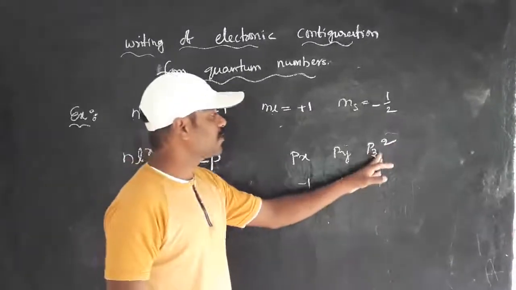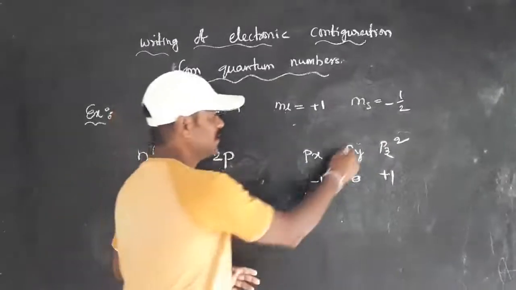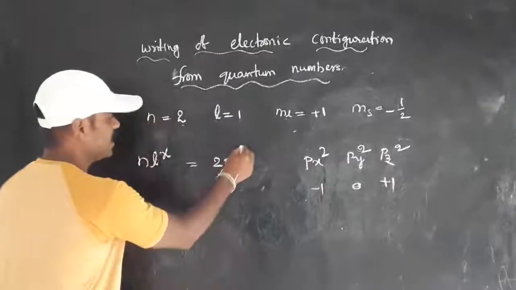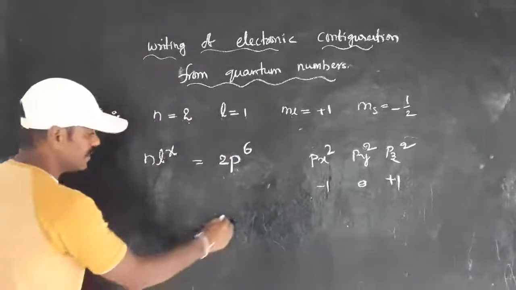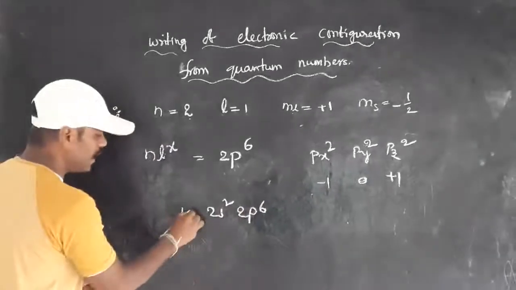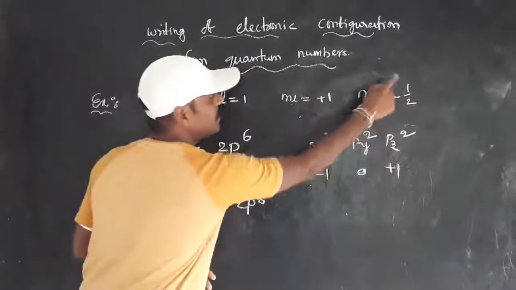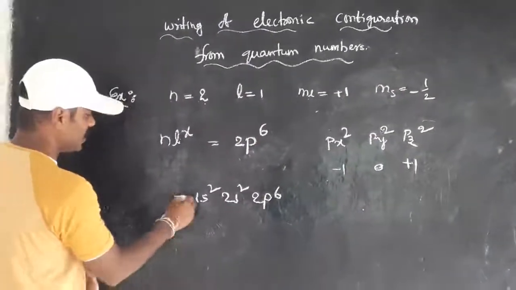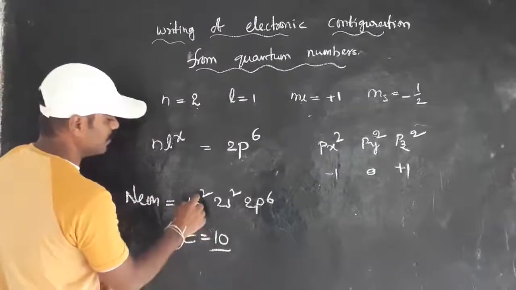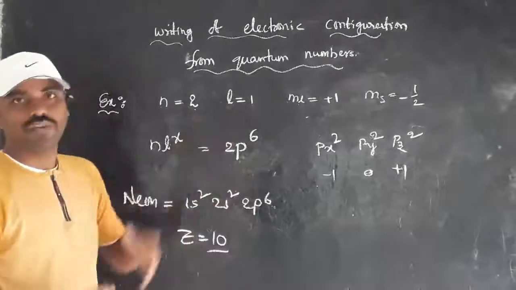So the pz orbital is filled with 2 electrons, and px and py are already completely filled. Means here our configuration is 2p6. That indicates 2p6 is filled, 2s2 is already filled and 1s is also already filled. So the given quantum numbers 2, 1, plus 1 and minus half indicate the quantum numbers of neon, because Z is equal to 10. See, 1s2, 2s2, 2p6. 2 plus 2, 4, plus 6, 10. Like that we have to write.